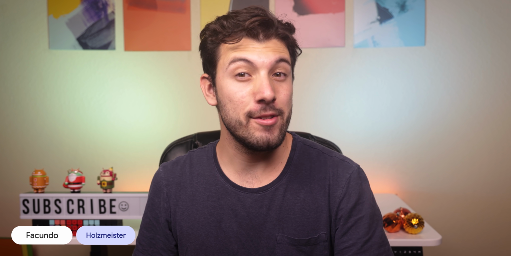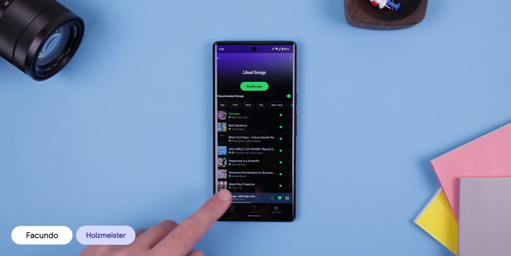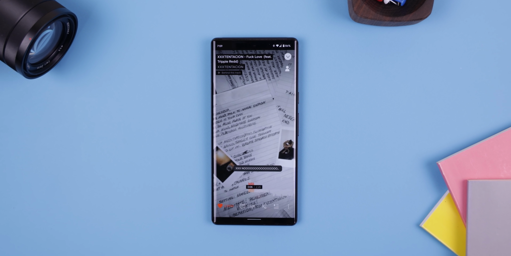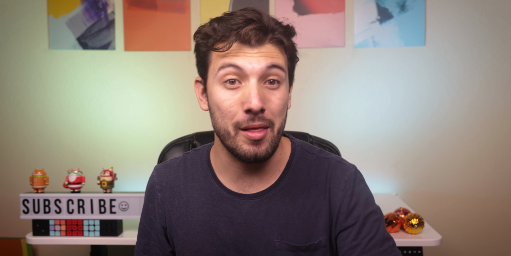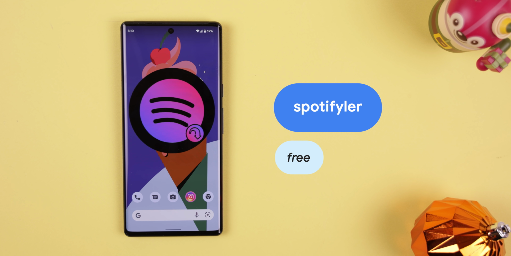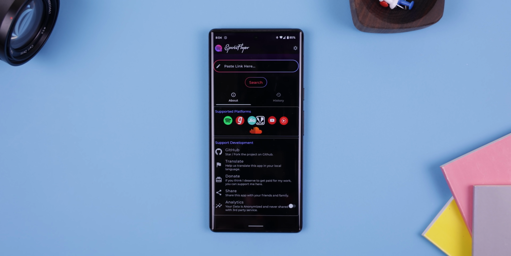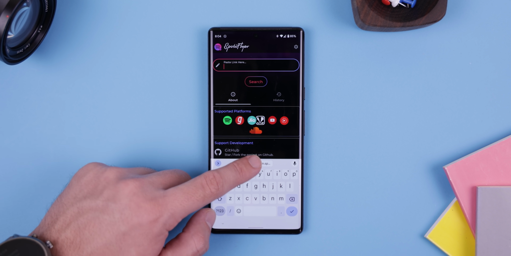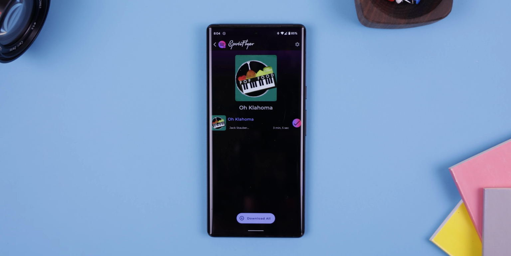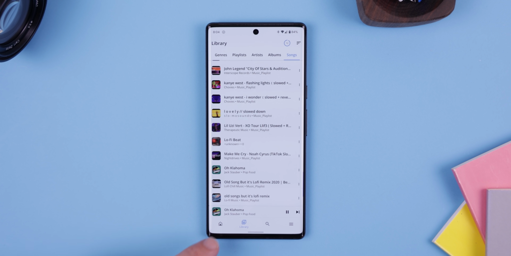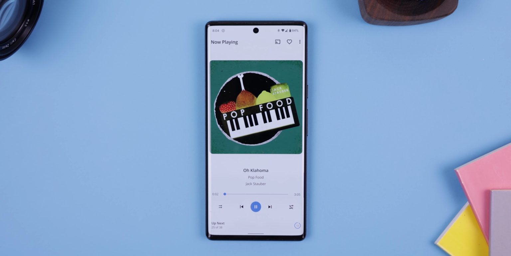Have you ever wanted to download a song or playlist from Spotify, YouTube, SoundCloud, or any other platform for offline listening? Well, you're in luck because SpotiFlyer will get the job done simply by pasting the link and pressing the download button. Afterward, the songs will be saved within your internal storage and you can listen to them with a third-party music